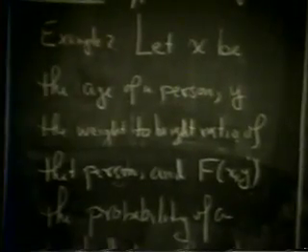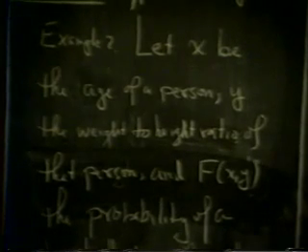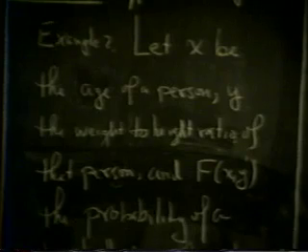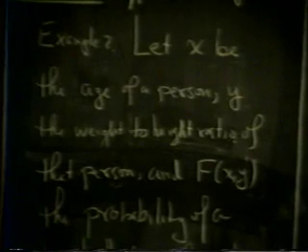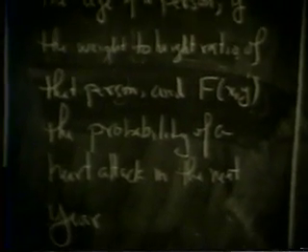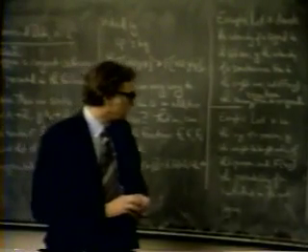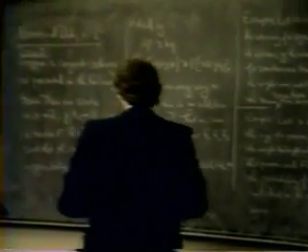The second example, let X denote the age of a person, let Y denote the weight to height ratio of that person, and let F of X, Y be the probability of his having a heart attack in the next year. Again, everything is numerical, and it is definitely a factorial situation of the conjoint sort. So abstractly,